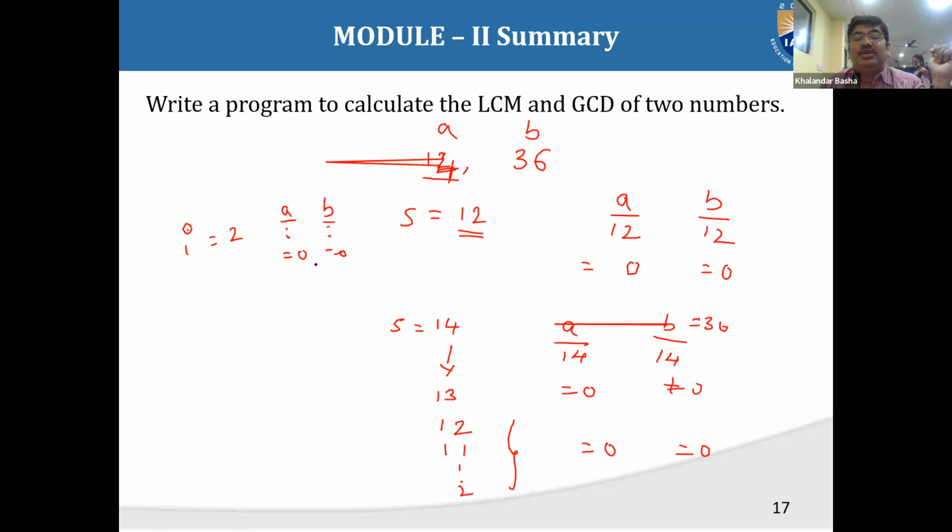So with I equivalent to 2, if both are getting 0, then it has to be continued. So whenever these two are equal, I'll put GCD is equivalent to I. Then I go for I is equivalent to 3. Then again I'll divide A divided by I, B divided by I. Suppose both the conditions are true, then we will update GCD. Earlier it is 2, now we will update with 3.